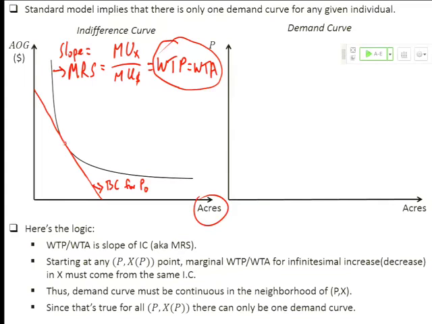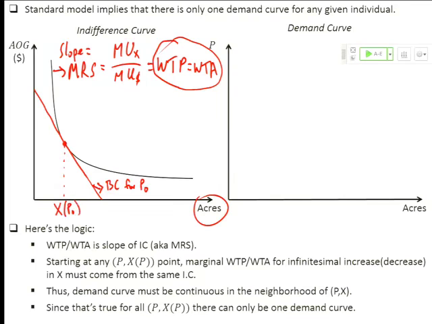Then we get this point of tangency. The maximum utility that you can achieve on that budget constraint is where the indifference curve touches it. You could have a map of indifference curves going up like the contours on a map. We want to pick the highest indifference curve before we leave the budget constraint. That's a point of tangency. And what that allows us to do is map out how much of good X you would choose in your bundle of goods, in your allocation of money, or your budget rather, at a price of P naught.